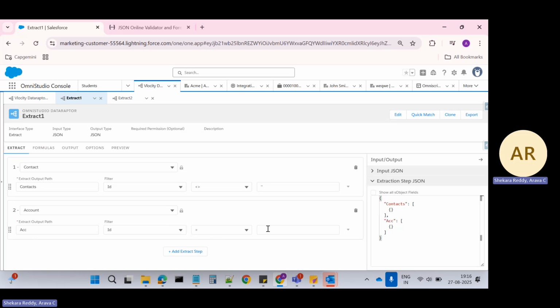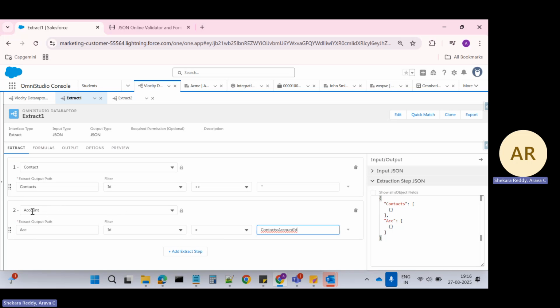Account object where ID equals contact's account ID. You can do it this way also, but if you do, you are querying two objects in different steps. Behind the scenes, two SQL queries will be fired. But if our requirement is to get just contact information along with its parent account details,